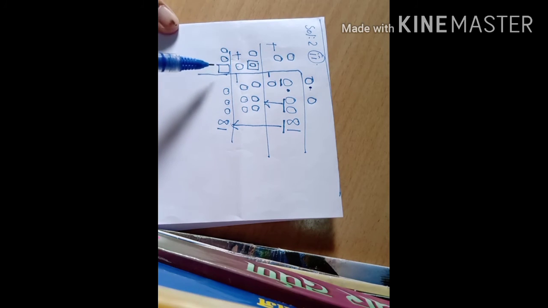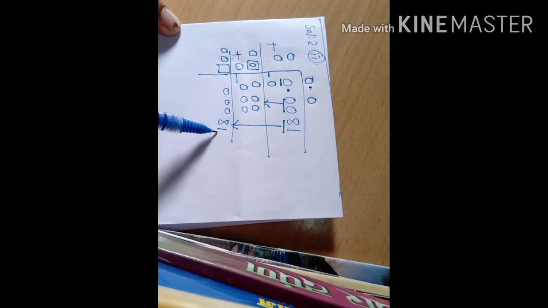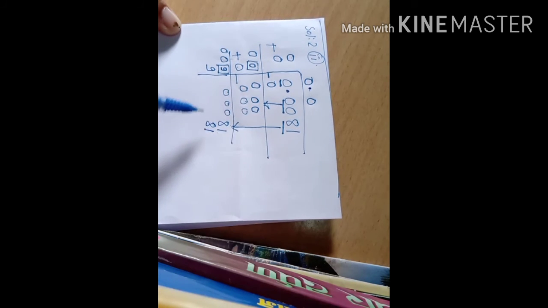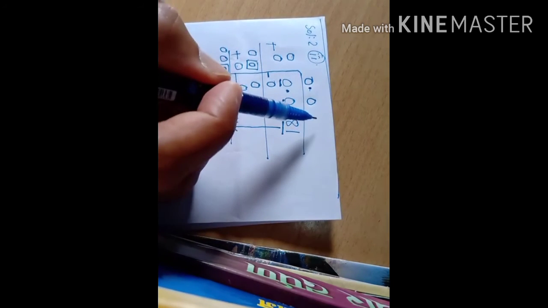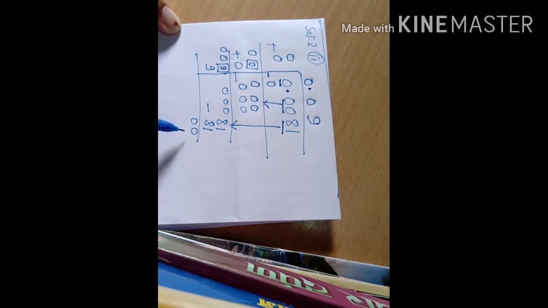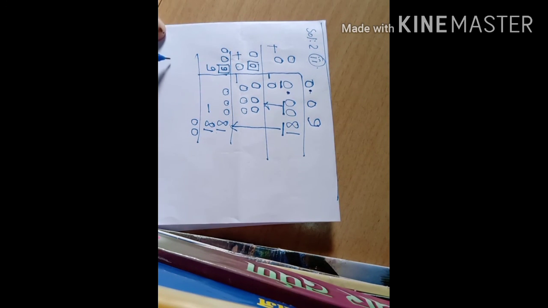What should I write here so that it becomes 81? Here I will write 9. 9 nines are 81, and subtracting it gives 0. This is the answer place, 9, and this 0 came, so we stop the procedure and write our answer. The square root of 0.0081 is equal to 0.09.